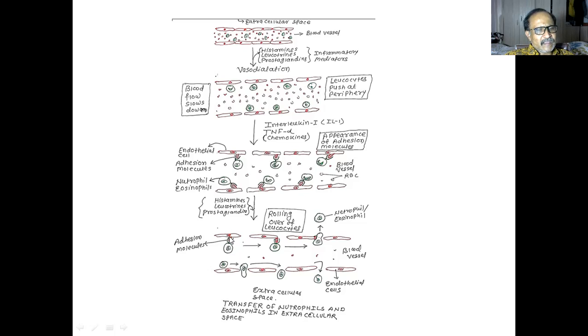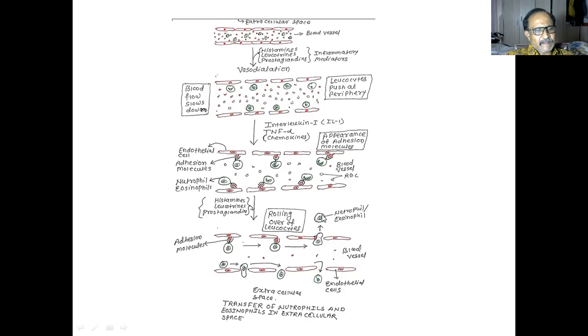Okay, these cells roll, and after rolling what happens? The leukocyte that is attached escapes from the gap between endothelial cells. See here, this is a leukocyte which is attached with the endothelial cell, and the endothelial cell rolls, rotating like this. Then with this endothelial cell these leukocytes escape from the blood vessels and enter into the